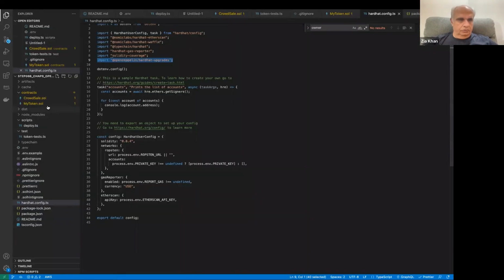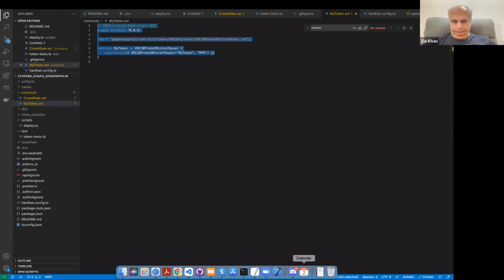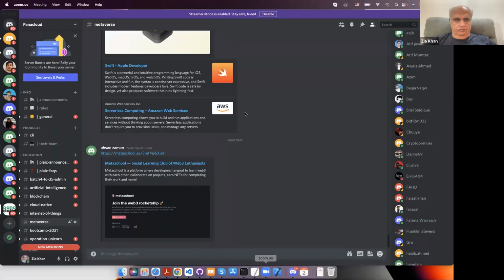Now we go to mytoken.sol. I'm just copying that file here, which I had created in the wizard. What I'm doing is basically, if you go back,